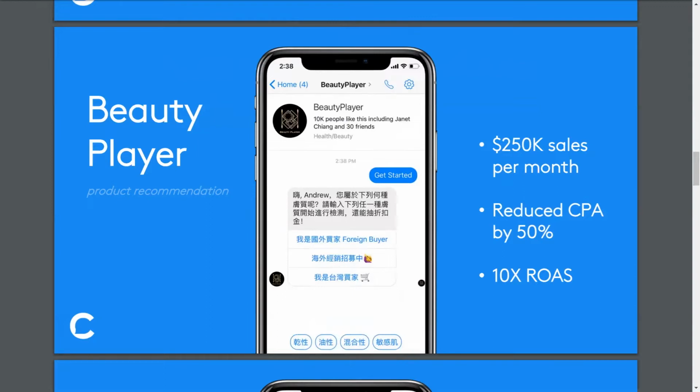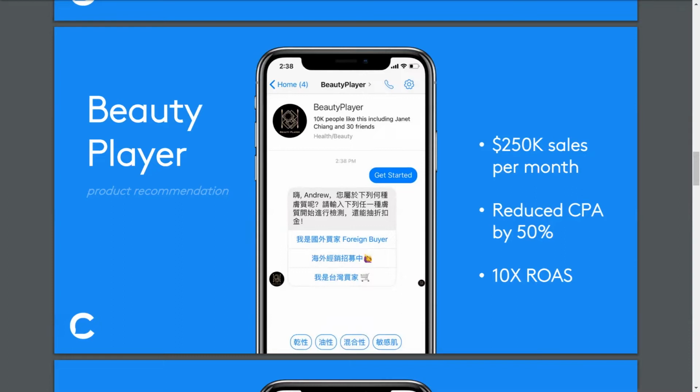And what this chatbot does is it will recommend products to the end user based on different questions that they answer. So essentially, this bot will automatically determine who the user is, what their needs are, qualify them, and then recommend a relevant product. And I'll show you more on that in a second. A great example is it'll ask the question, is your skin oily? Is it dry, etc.? And then based on that answer, it'll very simply recommend a product